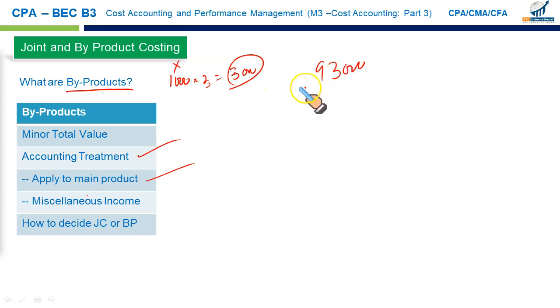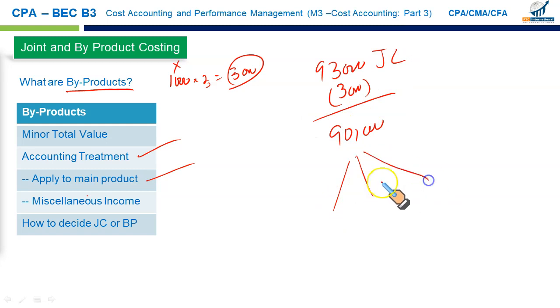We deduct this NRV of the byproduct, $3,000, from the joint cost, and the remaining 90,000 joint cost is allocated to your main products A, B, C, which have significantly higher sales value than X. So this 90,000 is allocated to A, B, C, and this 3,000 is deducted from the total joint cost. This is the first method.